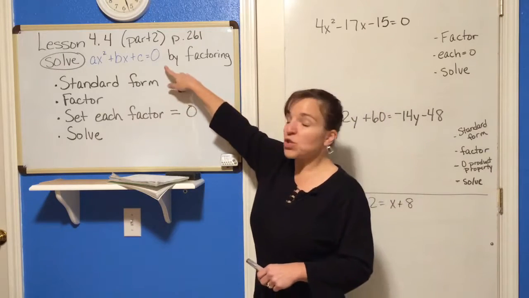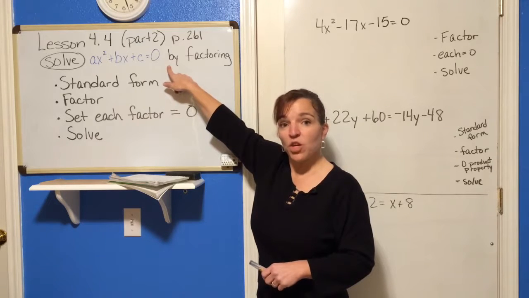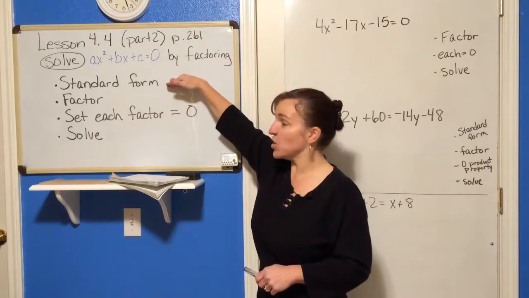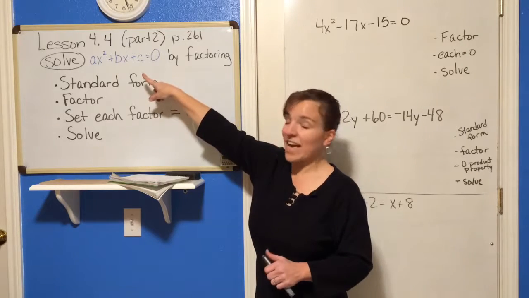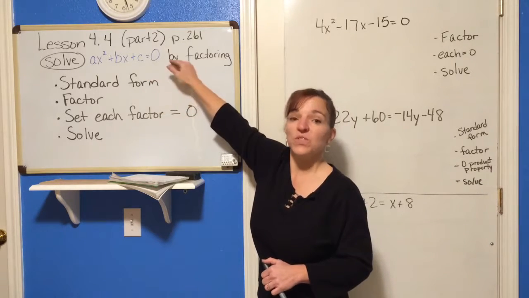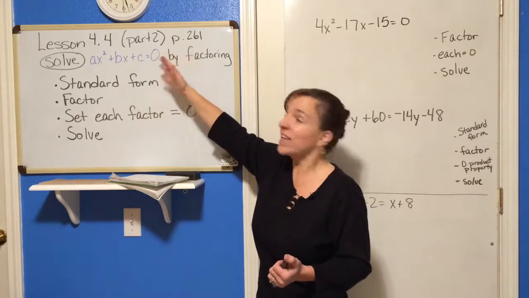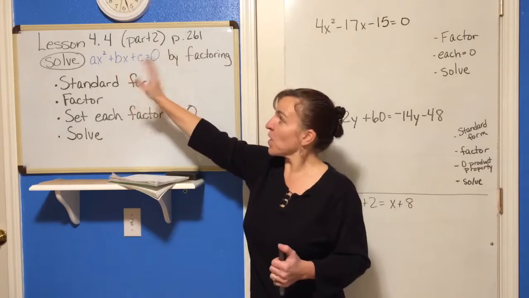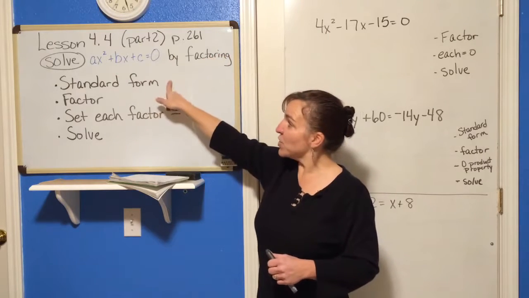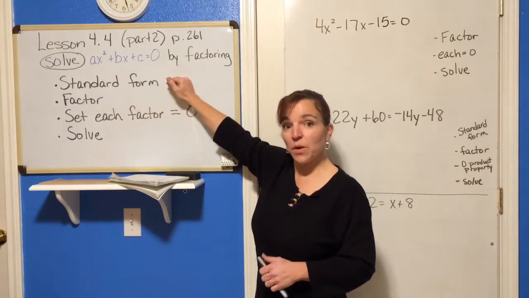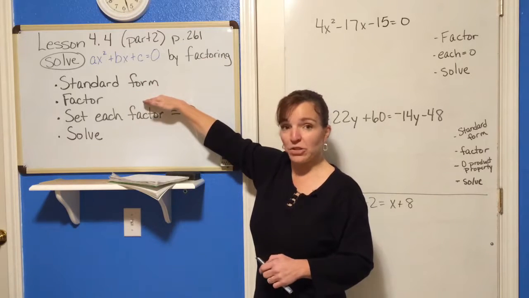So if we're solving a quadratic equation, the first thing we need to do is it needs to be in standard form. Standard form, remember, is this ax squared plus bx plus c equals 0. So just get the 0, or get all of the terms on one side so that 0 is on the other side. After you set it equal to 0 and get the standard form, you're going to factor the left-hand